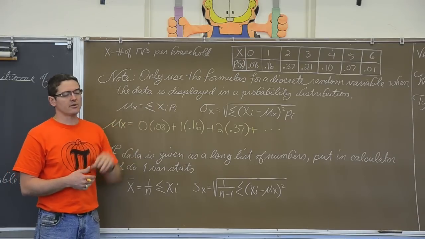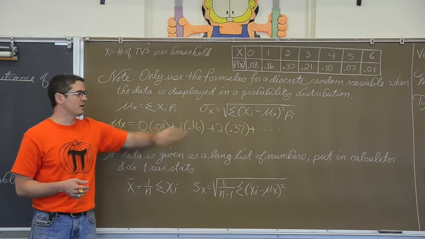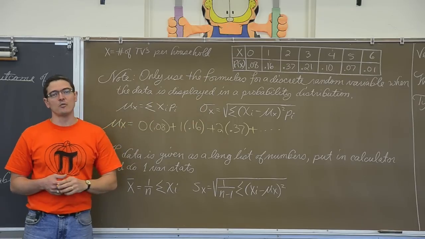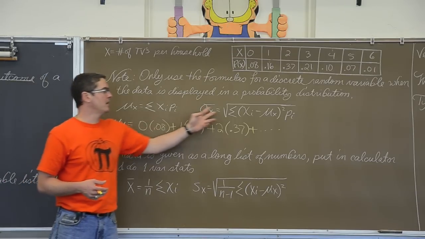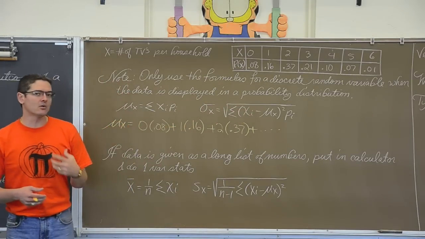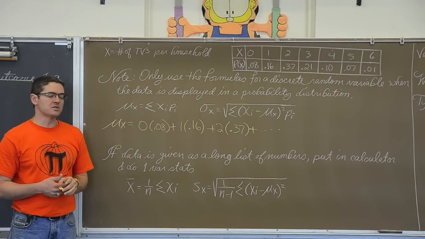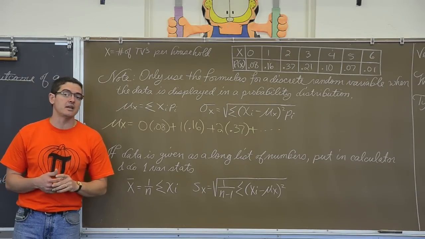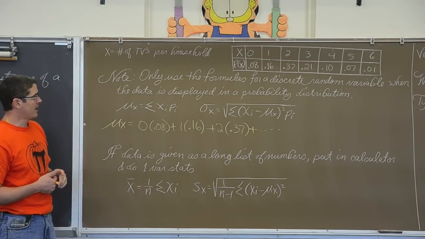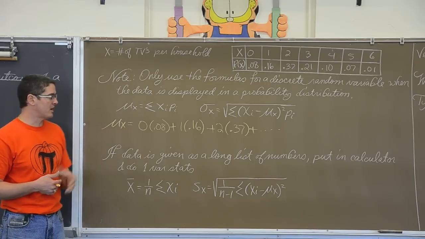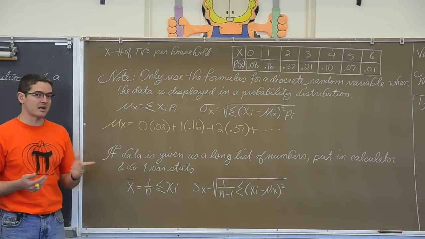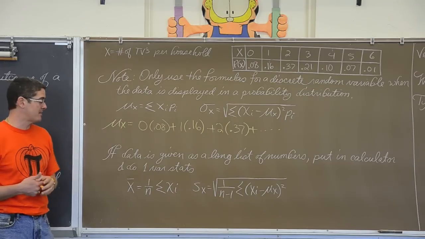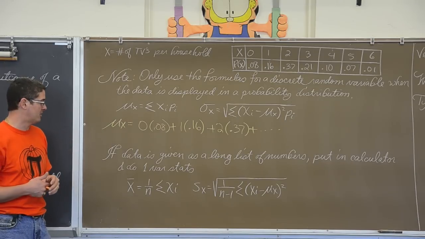There is no calculator command that will find this standard deviation for you automatically that I know of. Like 1-Var Stats will not run this formula for you. So I do a little bit of calculator-assisted work using those list 1, list 2 columns that we have in a TI-83 or TI-84. And I'll be showing you how to do that with an Nspire as well, in a later video, after the holidays. So about a week from now, if you're watching these videos as I am developing this channel.